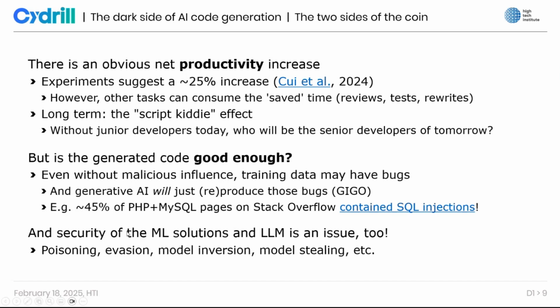And finally, I should mention, of course, that as in the previous slide, a lot of these issues exist in the machine learning sphere: there are lots of unanswered questions about how we can defend our models against attacks like poisoning, evasion, model inversion, and model stealing. I'm not going to get into details about this. If you're interested, of course, you can look them up. But these are known attacks in the machine learning sphere. And because we are using these models to generate our code, we are implicitly affected by these as well, because those models may be vulnerable to these attacks.